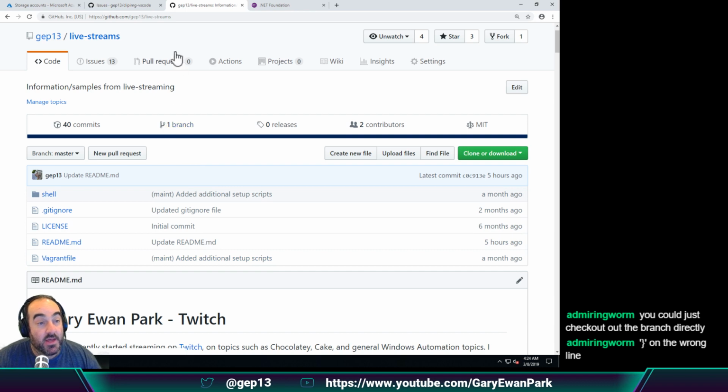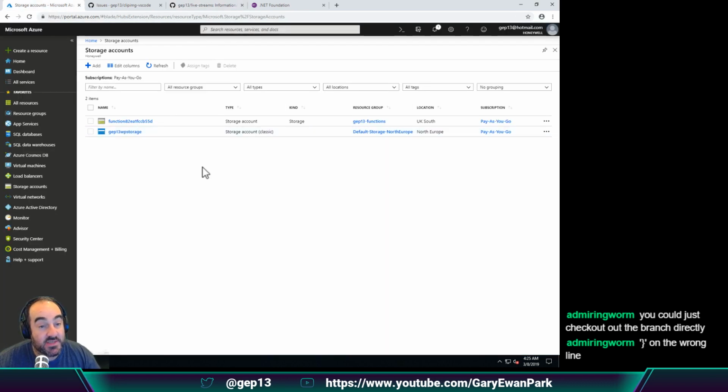So if I go over here, this is my Azure account. This is my Azure storage. Now I currently have this GEP13 WPStorage, which is where I store all the images for my blog, right? And this is essentially where I want to be able to put the output from this code extension that we're creating. Now you'll see here that this is named Storage Account Classic. Now that is a little bit concerning